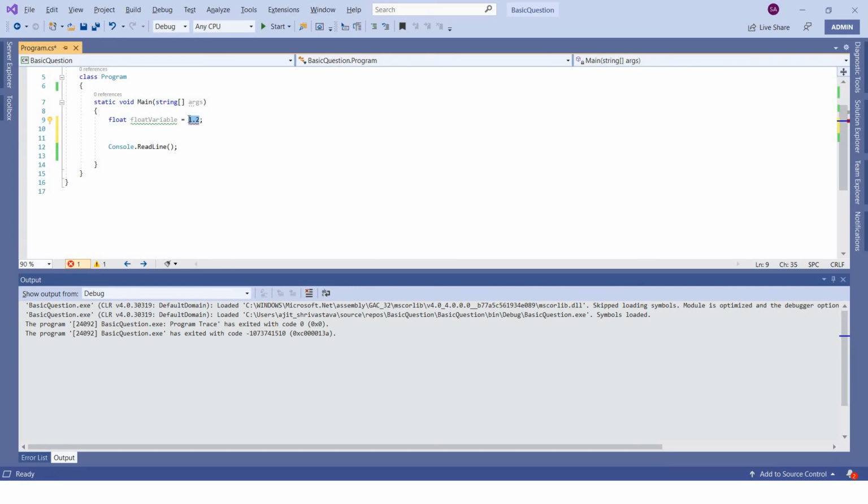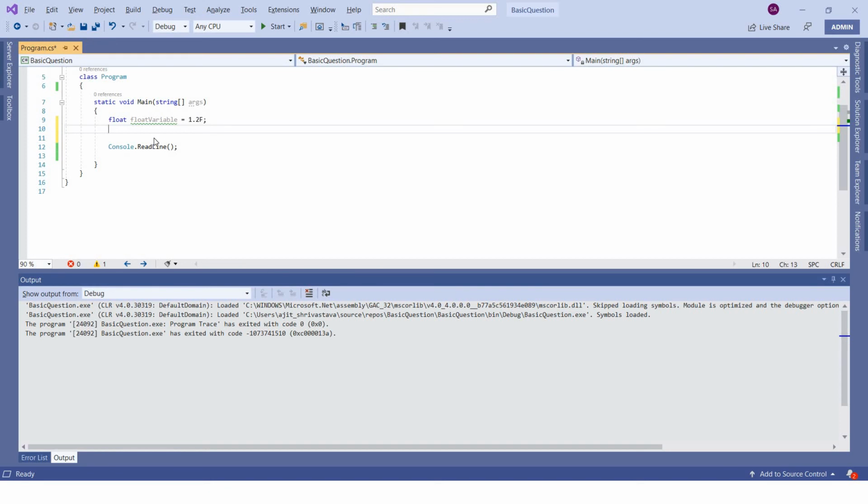As I mentioned, 1.2 can be considered as a float, as a double, or as a decimal. To instruct the computer that I want to use this 1.2 value as a float, you have to give f. As and when you add this f, the computer will take it as a float value, a floating point value.